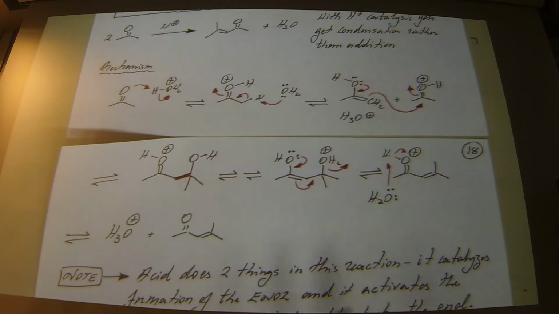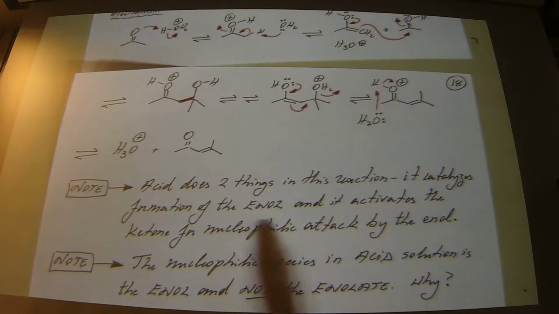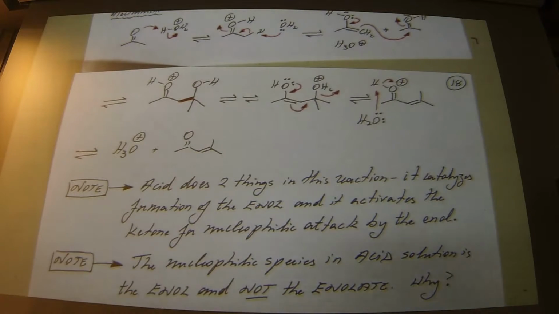So, in the case of the acid-catalyzed reaction, the acid does things for us. It catalyzes formation of the enol. So you need acid to form the enol, and there are three things: it catalyzes the enol, activates the carbonyl towards nucleophilic addition, and forms a better leaving group than